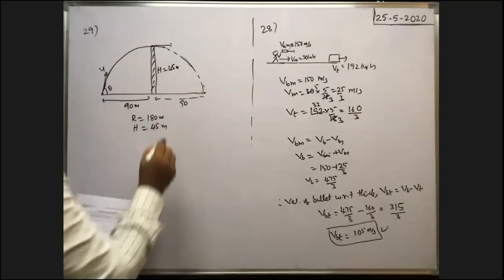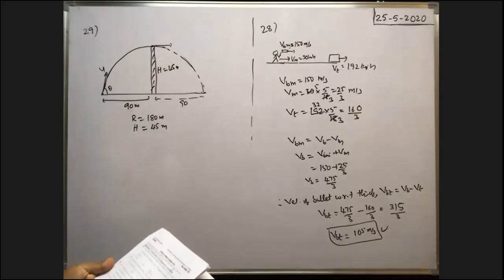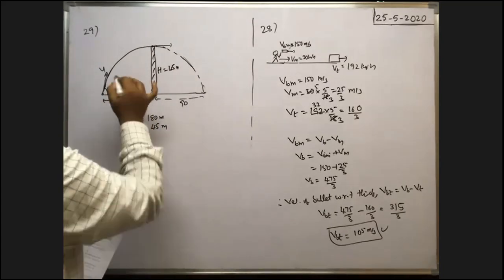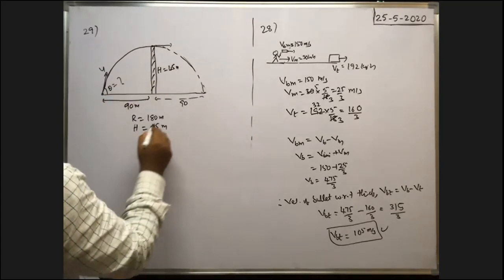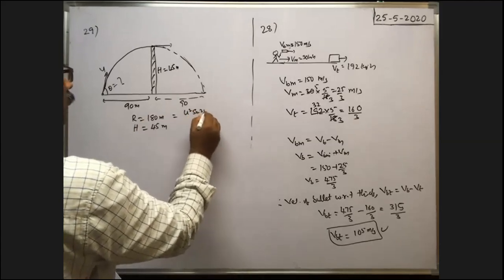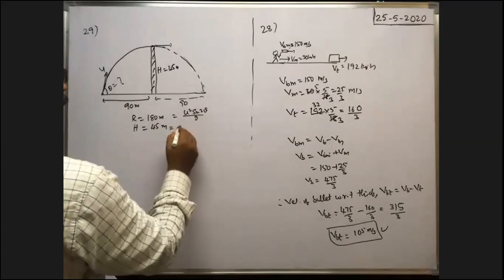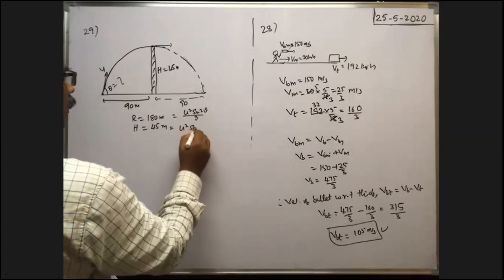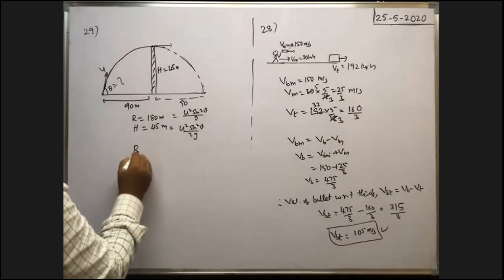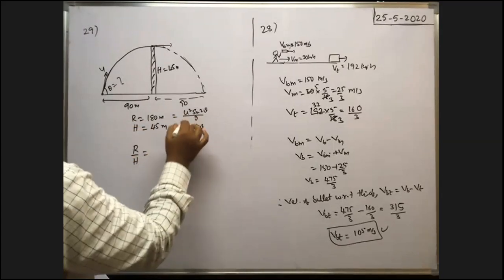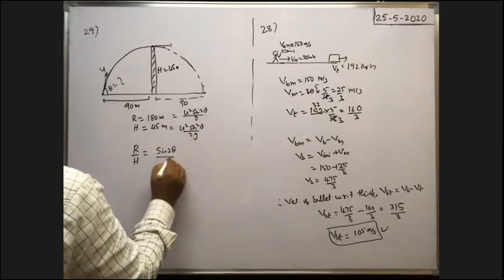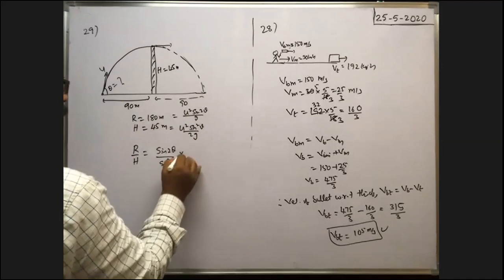These two are given. Then they asked, what is the direction of projection of the shell? So they asked for theta. Range is R = u square sine 2 theta by g, and maximum height reached is H = u square sine square theta by 2g. Divide these two, because R and H values are known. R by H is equal to u square cancel, g cancel, so remaining is sine 2 theta by sine square theta by 2, which means into 2.